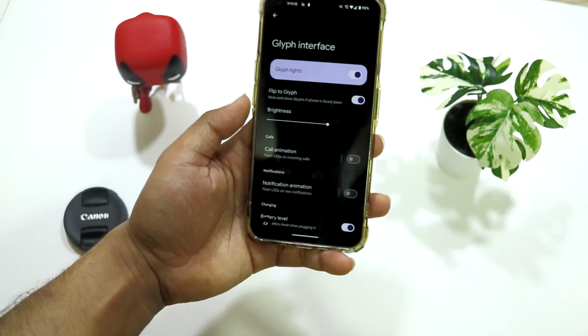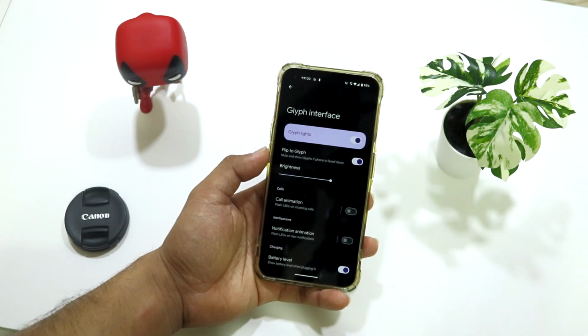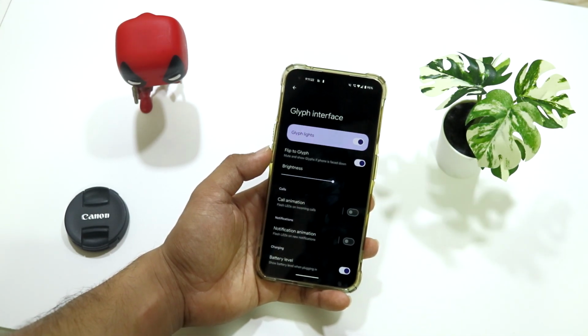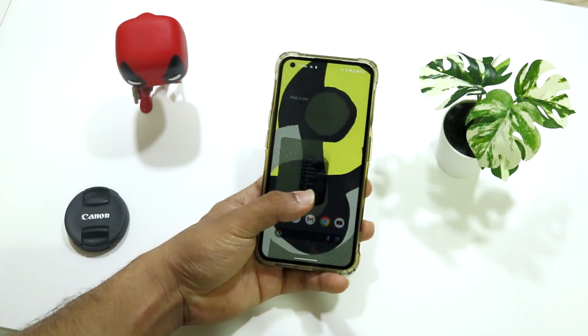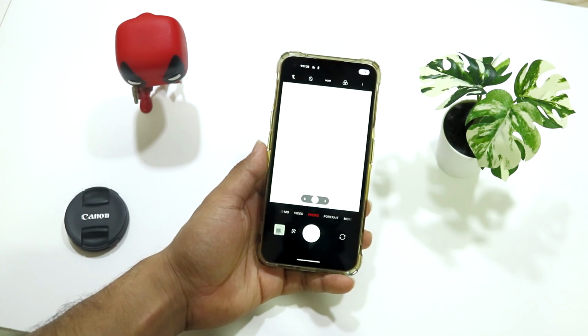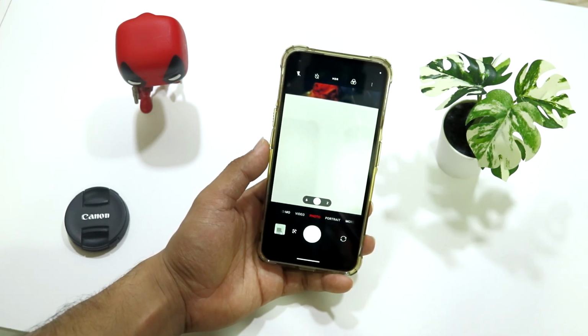And we also do get all the Nothing OS stuff, which is the Glyph interface, which is why Nothing OS is a bit popular, and obviously no one uses it a lot, but that's why the phone has its own identity with the Glyph. And we also have the Nothing OS camera working,